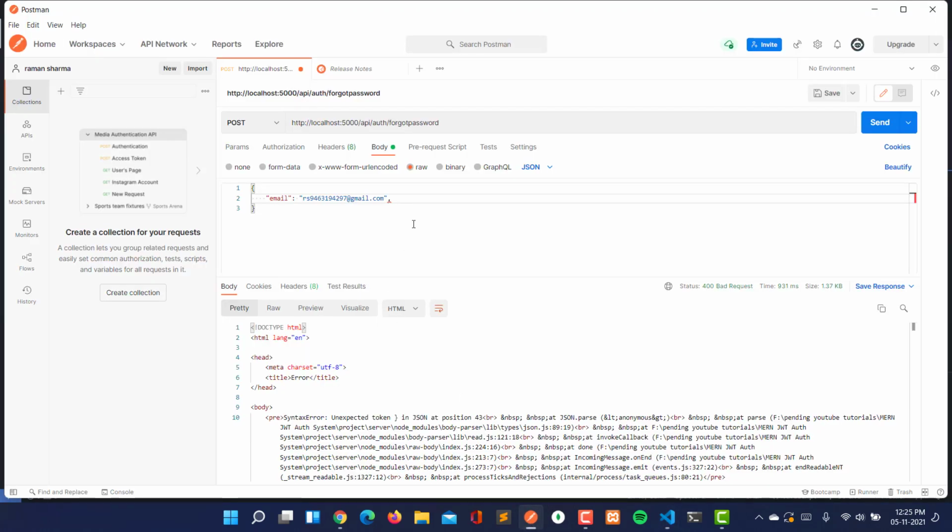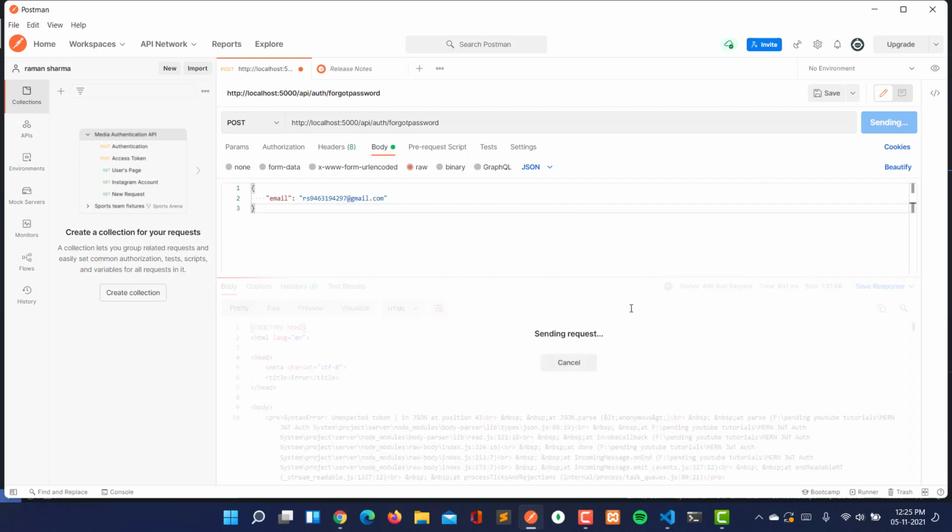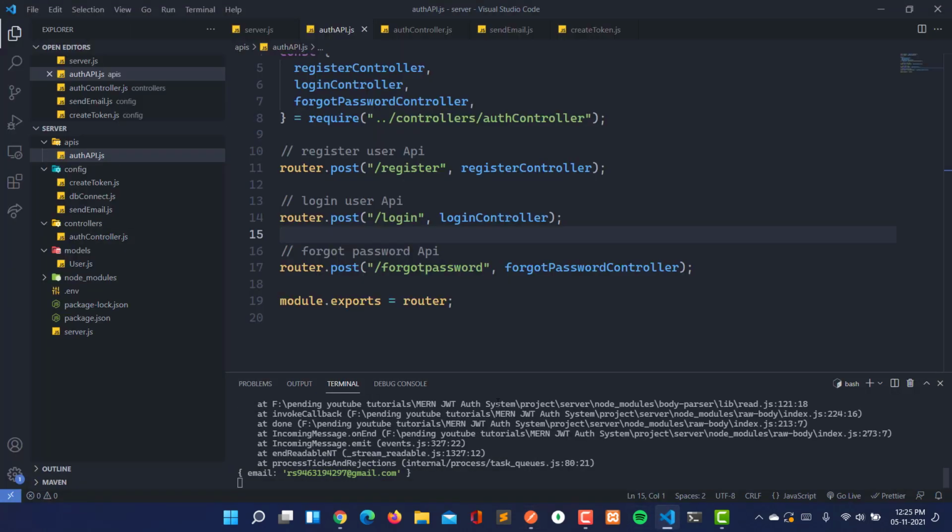I think this error is because of this. Because we are passing our data in the JSON format, we don't have to add the comma, because we have only one value here. That's why this error is coming. It is not able to parse this JSON data. Now we should get the correct one, and here see that we are getting the email. So this means that our auth forgot password API is working successfully.